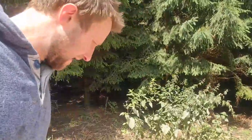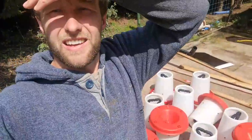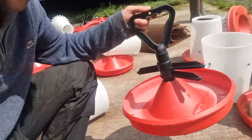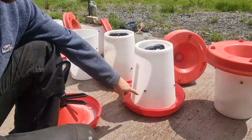Had my lunch. Just thought I'd show you these feeders, the problems we've been having. These are a different type of feeder compared to the ones we've had in the other two sheds. And at first I thought they were really good because they're on a screw system, rather than the feeders in the other sheds, where you've got to control the height of this bit, the bell, to determine how much feed comes into your bowl. They've just got 3 different holes with a little R-clip, and I always found that it doesn't matter what hole you put them in, the bottom hole doesn't let anything out, the next hole up lets too much out,